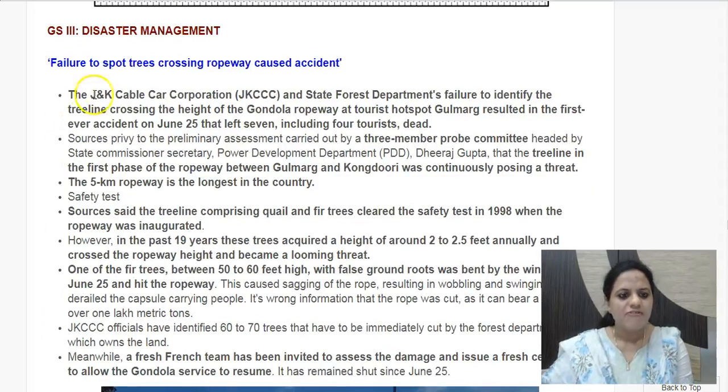Then next is failure to spot trees crossing ropeway caused accident. So this is regarding the Gulmarg accident, cable car accident, which we saw in news that they had said, the authorities here had said that it was an act of God. Everything was in place, all checks were done. But then now a committee which has been set up, 3-member committee was set up to probe this matter, and